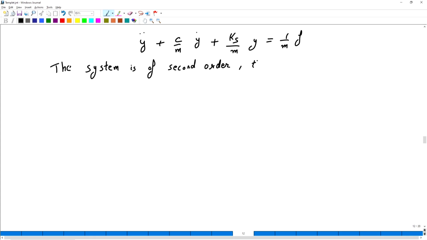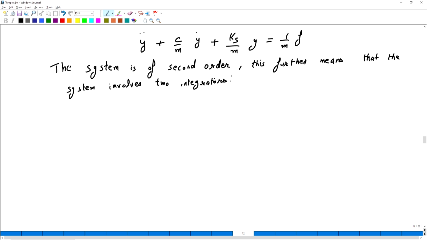This further means that the system involves two integrators. We know that the second order system can be represented by two first order differential equations.